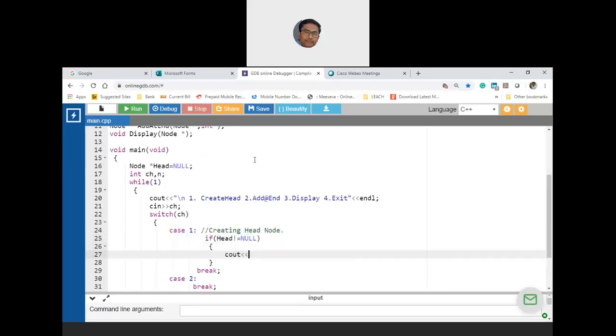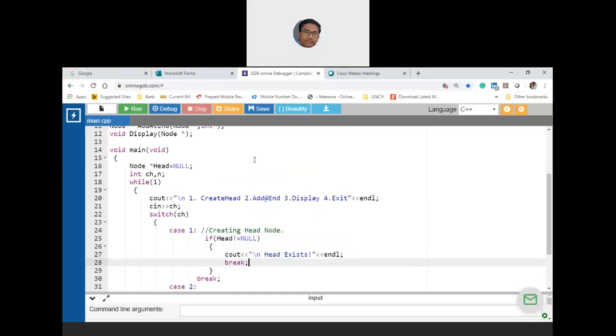So cout head exists. It is already there, so there is no need to add. So what I can do here itself is break. I'm saying that head exists and therefore I'm not creating. Otherwise I'll come here, so there is no need of an else part.